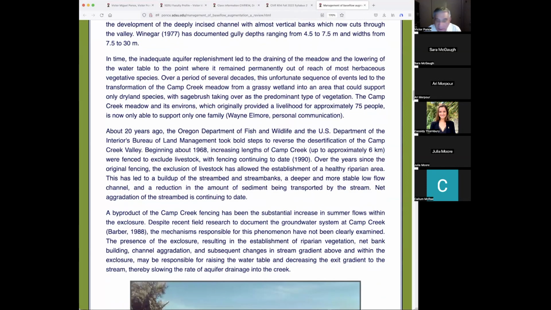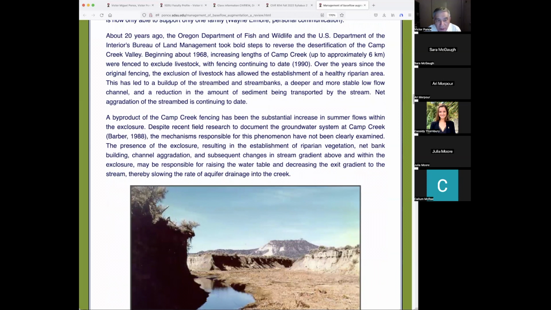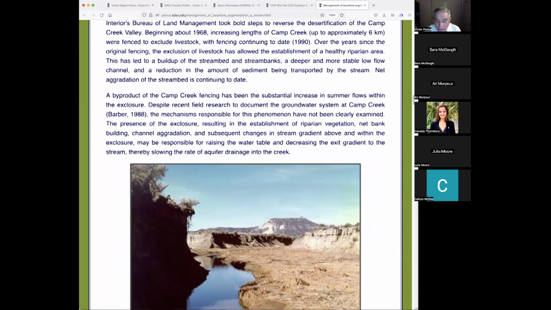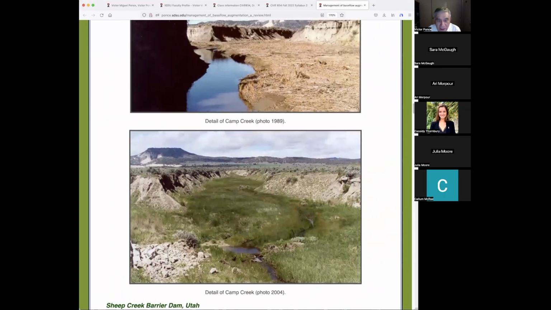So they did the fencing. They were not allowing the cattle into the fencing, or rather inside to the creek, and it started recovering. We documented 2 instances. I believe it was 89, and then the year 2004. 15 years later, I decided to go back. And I had intended to go there in the year 2019, but one thing led to another, and I didn't go. And then